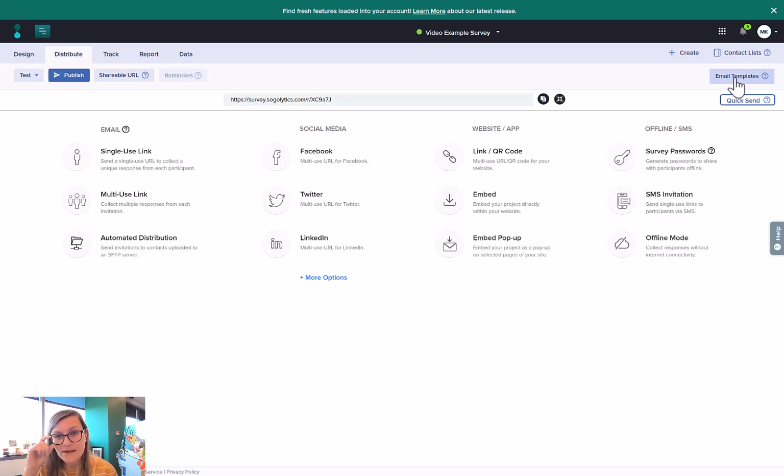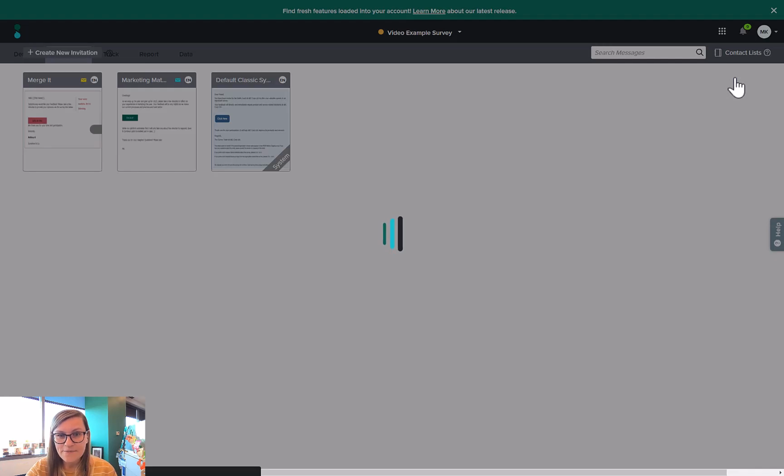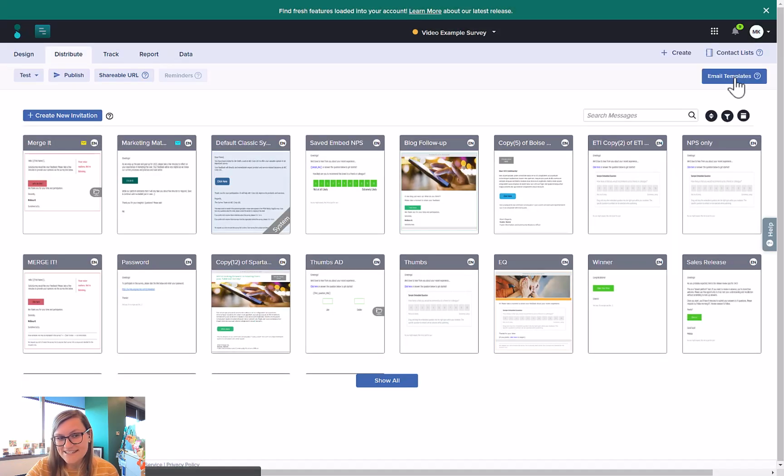If you do plan to send an email invitation, notice that you've got the option to set up email templates over here on the right. Come in, set up a nice looking email template, make sure it looks pretty. You can create a new one, embed questions, get your branding in there. Make sure the branding in the survey matches the branding in the invitation so people have that positive and consistent